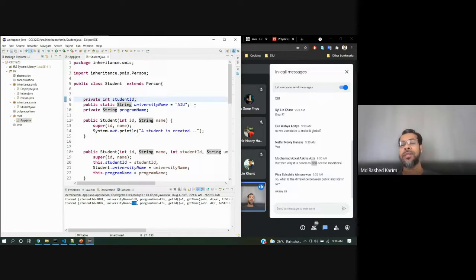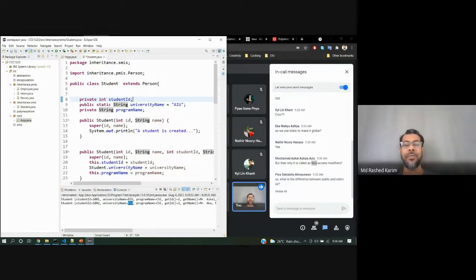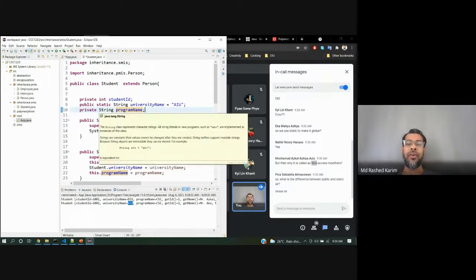Oh yes, that means multiple values cannot be used for this. Like the program: if I declare static for program name, AIU has different programs, not only CSC. AIU has BBA, AIU has education program. So you cannot put static for this.